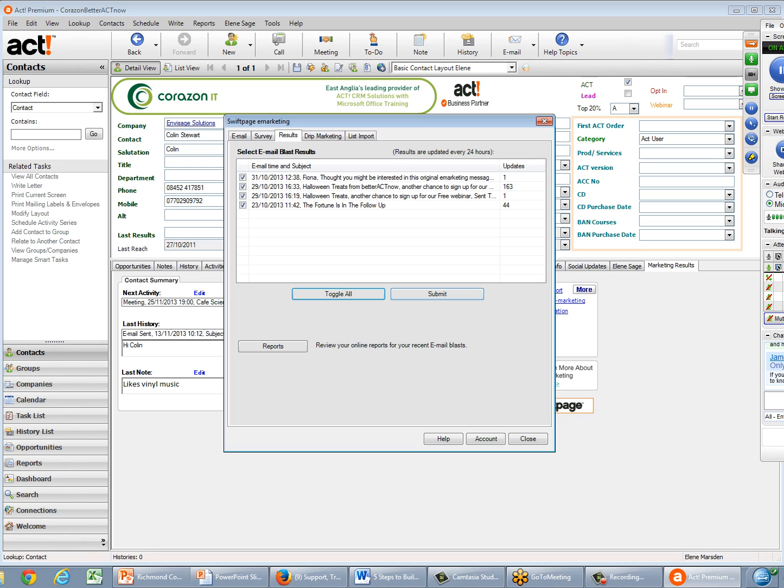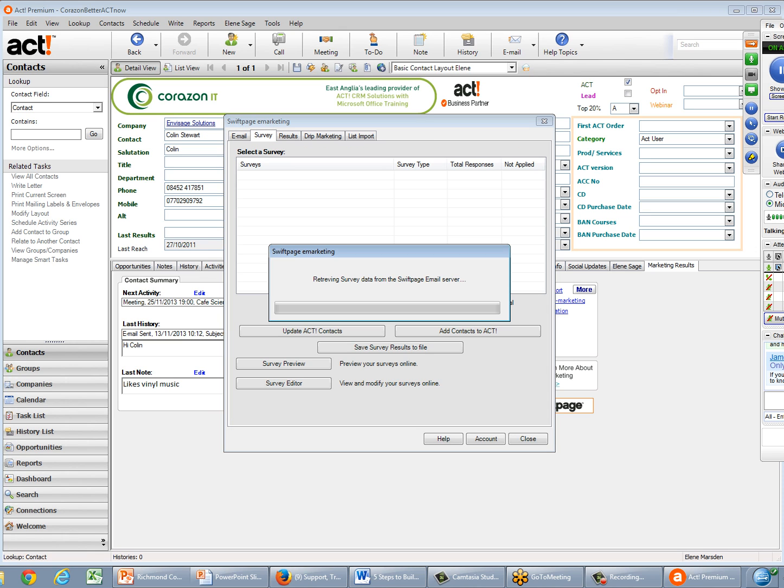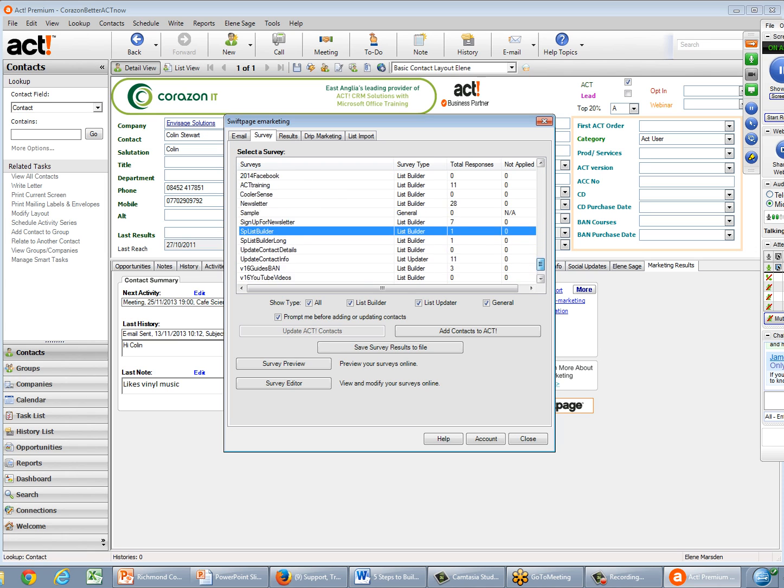Okay, and while we're looking at this dialog box, the first tab is about sending your emails, about who you're going to send them to. The second tab is where you pull people into your database who've filled out forms. And what I did earlier on, I filled out a form on my website so that you could see an example of one. There's one there.